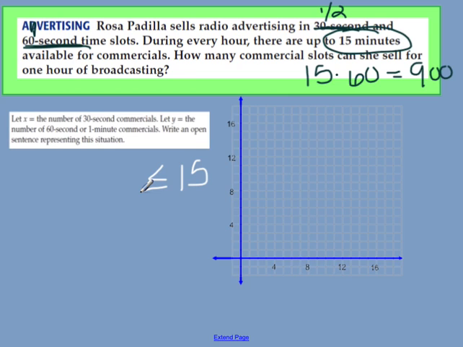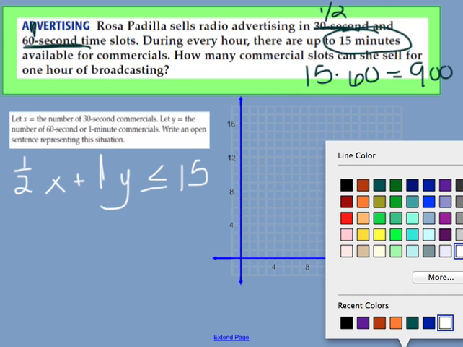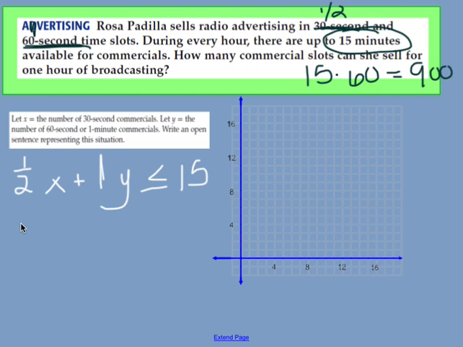So for every X 30-second commercial I have, it's going to be 1/2 of a minute. For every Y 1 minute commercial I have, it's going to be, well, 1 minute. Okay, so now we need to solve this for y. So what I'm going to do is subtract this 1/2 x. Typically when you're bringing your x term over to the other side, you're subtracting it, because usually your x term is positive in these word problems. So I'm going to leave y, so then I get a negative 1/2 x